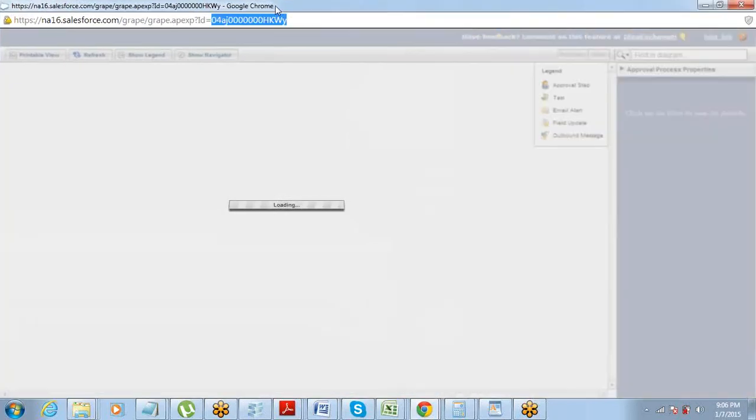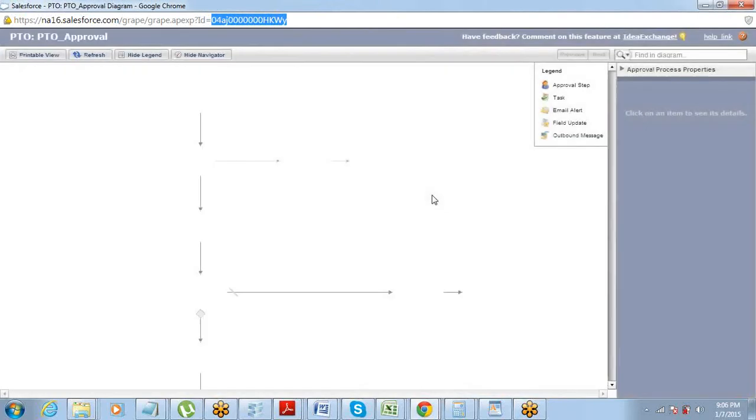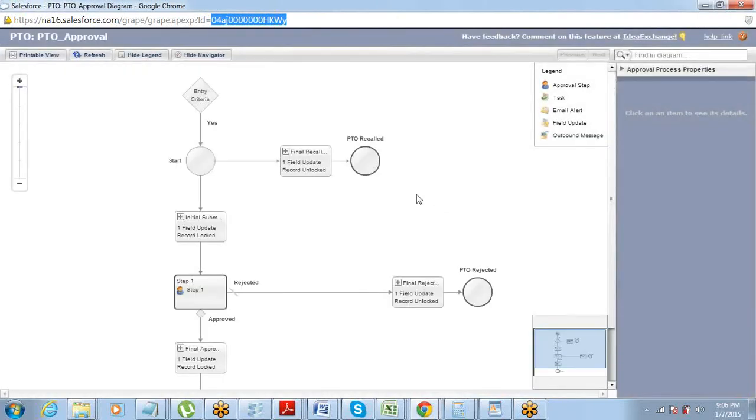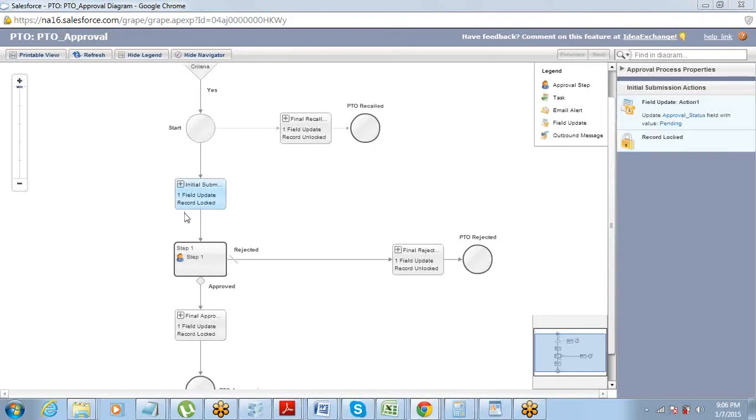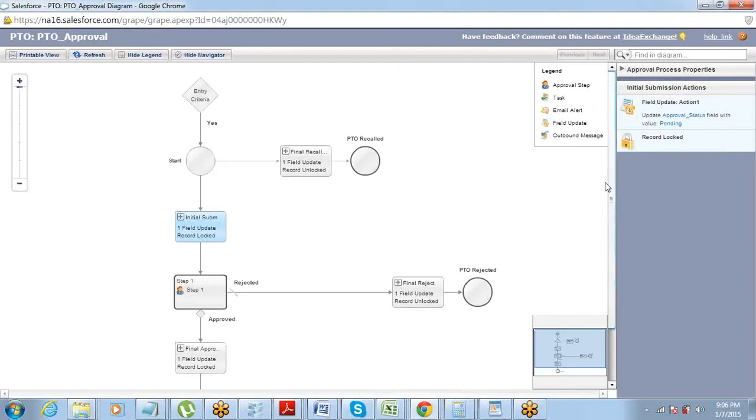Yeah. Thank you. So now once everything is done, what is the final thing that we do before any rule? Activate. Still it's not active, right? That is what we do for workflow, that is what we do for validation. The same thing we have to do for approval process as well. But before you do the activation, you can click on view diagram. Not necessary though, it's not required. But if you want, you can always click on view diagram.